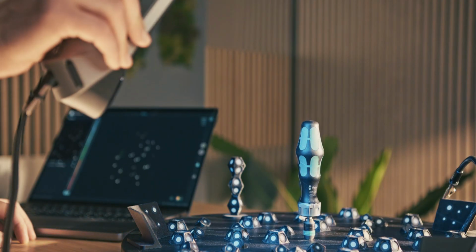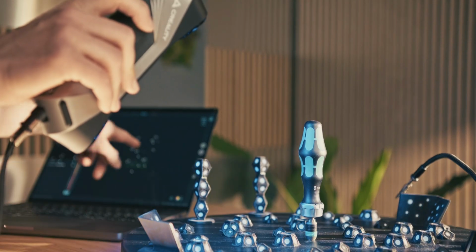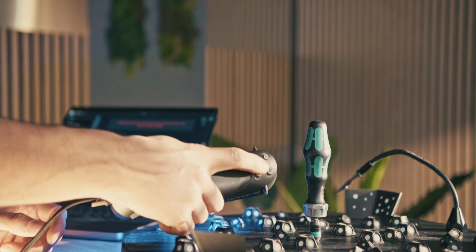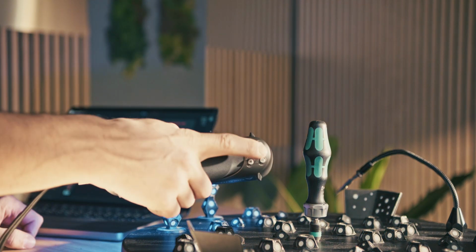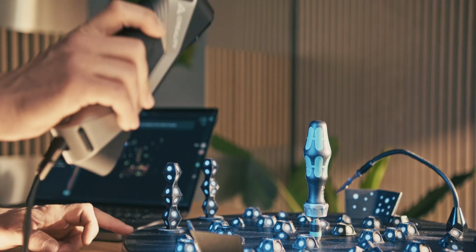We can see that as soon as we point the 3D scanner at the pucks over here, they all show up. But we're not actually scanning yet. So we either hit the button on the top over there, or we can do that via the software. Just hit the start button over there. And I'm going to do it on the top over here. And it immediately starts capturing the